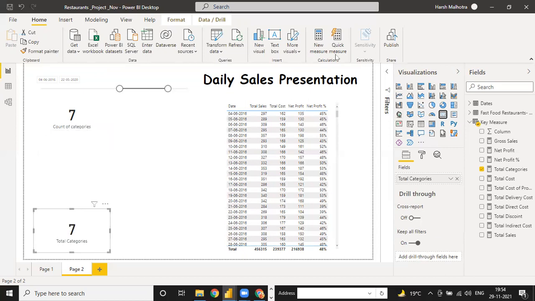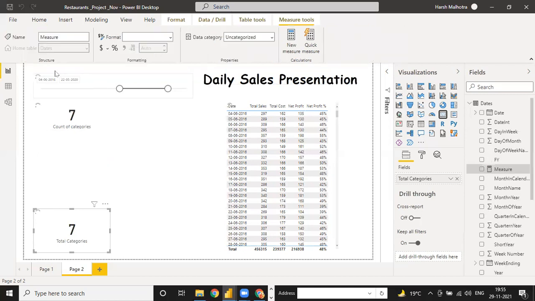But some people are using, let me go into new measure, only the count function. What is the difference between count and distinct count? Let me show you. Total transaction.